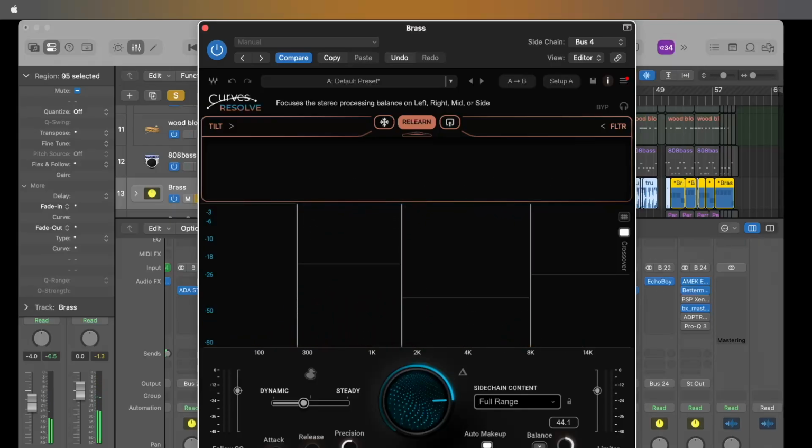All cluttered in the middle again, right? But if I move it back to suppressing these frequencies of the brass in the mids, in the mid